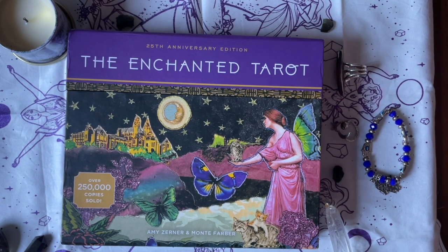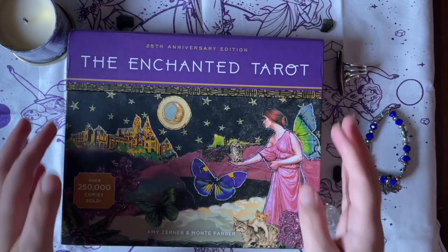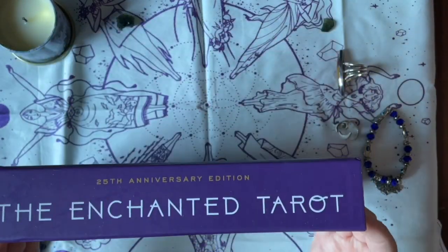Hello everyone, today I will be reviewing the Enchanted Tarot by Amy Zerner and Monte Farber. Now this deck, just looking at the pictures, I thought I was really gonna love the pictures. But actually with this one,